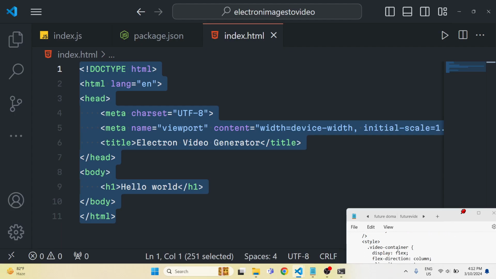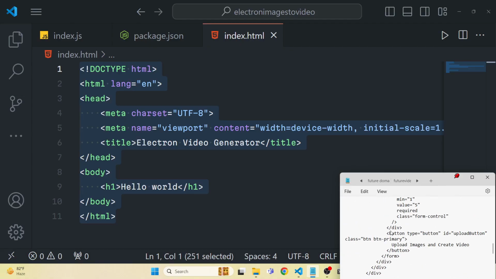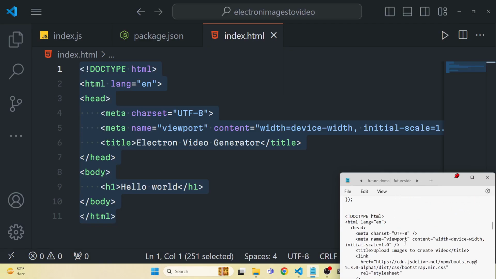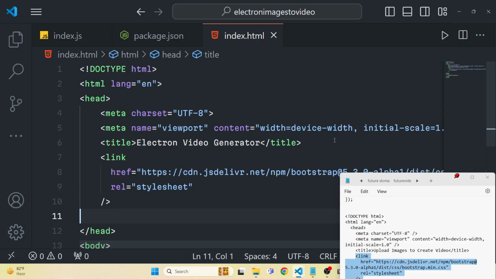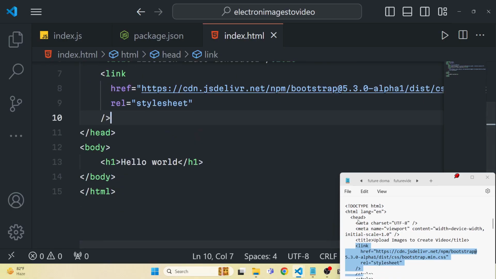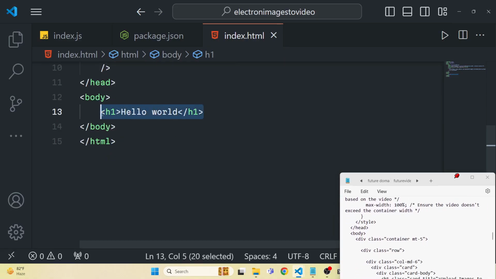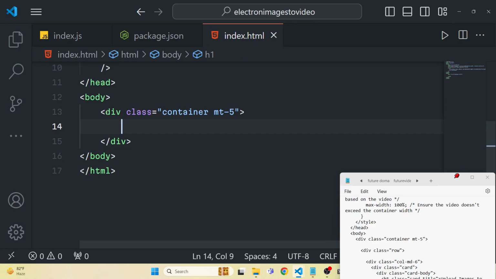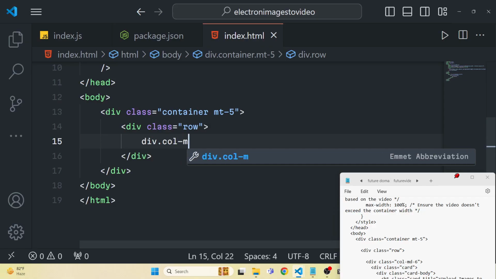And now inside our HTML file, guys, we need to build the interface of our video generator app. For doing this, we will use the Bootstrap CDN. So we are using the Bootstrap framework for developing the UI. It's not mandatory that you use Bootstrap, I'm just doing it for styling purposes. Then we will have a div with a container class, margin top 5. These are our Bootstrap classes. Then col-md-6,